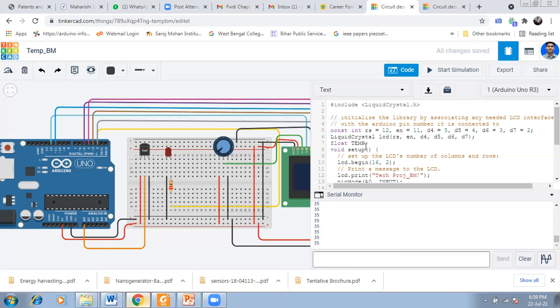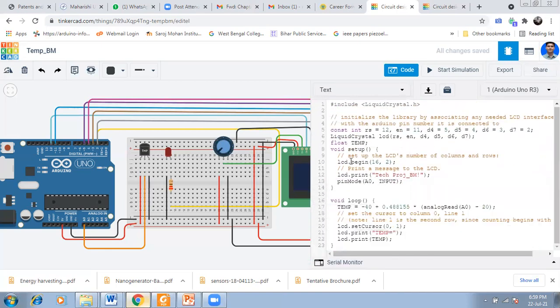Now float temperature, the temp variable, is declared here. Also in our previous case, we declared the temp variable. Void setup is always there. Now LCD begin 16,2.